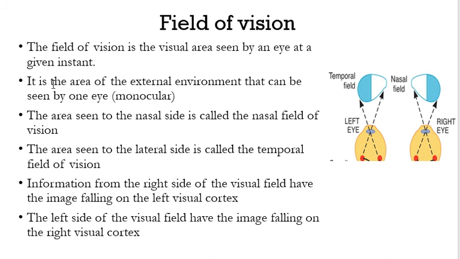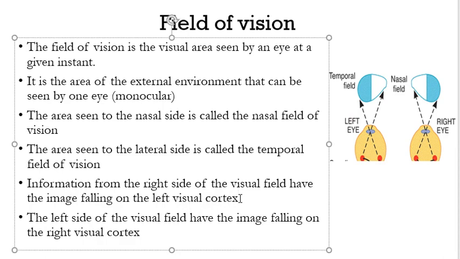One other thing is that this is the area of the external environment that can be seen by one eye, mono. The area seen to the nasal side is called the nasal field, and the area seen to the lateral side is known as the temporal field. Now, the last two lines are the ones I want to dwell on. So, information from the right side of the visual fields has images falling on the left side of the visual cortex. Now, before we go to the visual cortex,